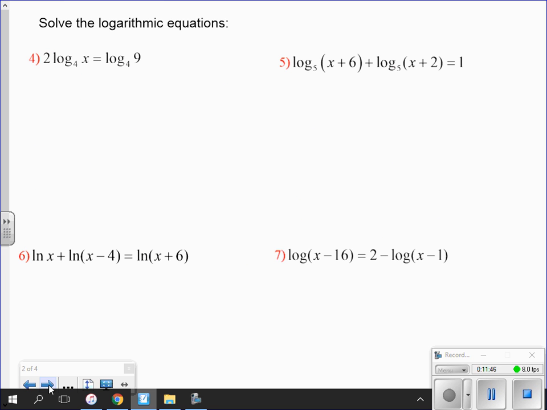Okay, solve the logarithmic expressions. We're starting with logs and we want to end without logs. Now there are 2 ways to look at this. If I already have logarithms on both sides of the equation, which I do, and I have nothing but logarithms,